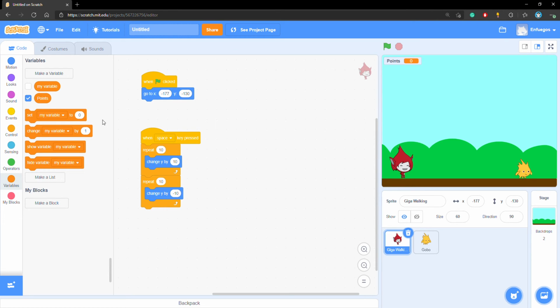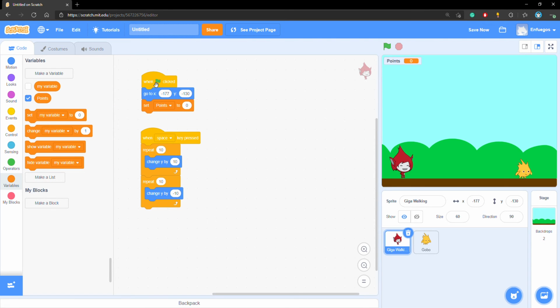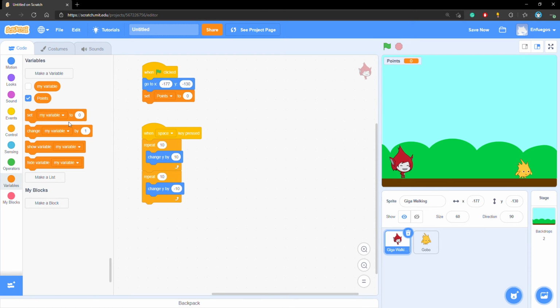Okay. Now what we're going to do is when I click on the green flag, we need to make sure our points is on 0. So we're going to take the one that says set, change my variable to points, set points to 0. And every time I jump over, I want to get a point. So change